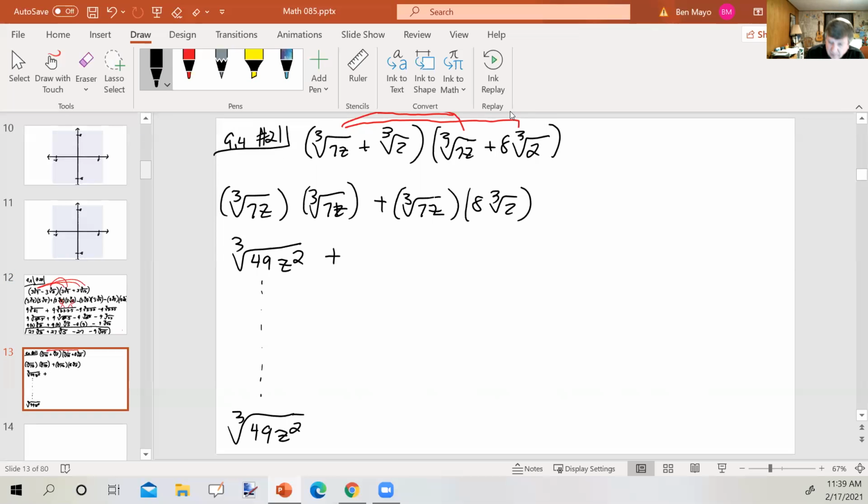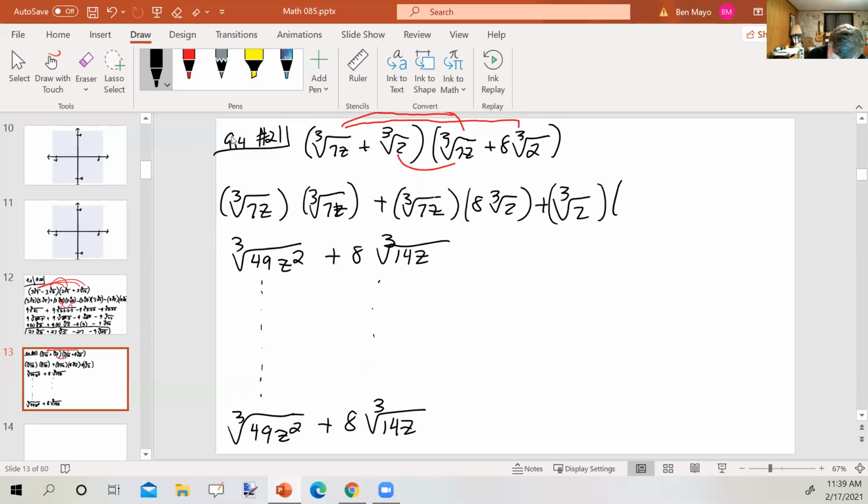Okay. We okay now? So this is going to give me 8 cube roots of 14z. 7 times 2 times z. Again, nothing I can do there. All right. Moving on, we'll take that one times that one, which gives us plus cube root of, let's see, is that a 2? That's a 2. Cube root of 2 times cube root of 7z. That's going to be plus the cube root of